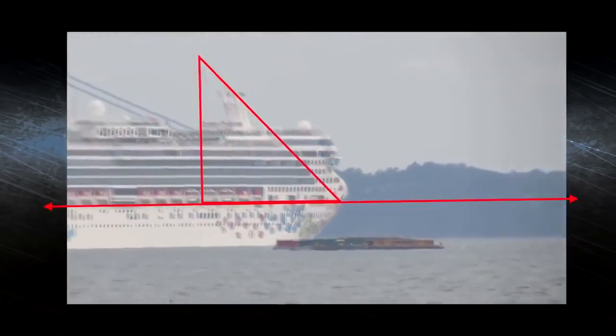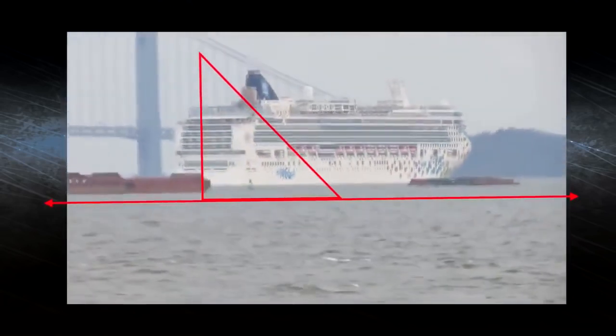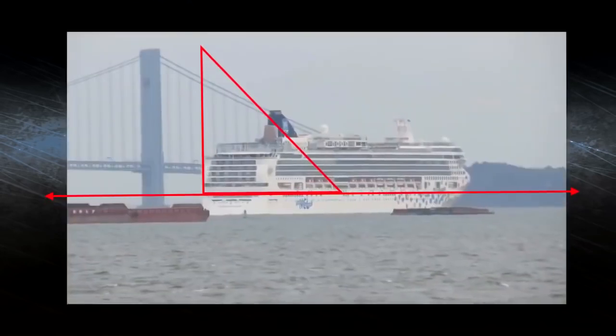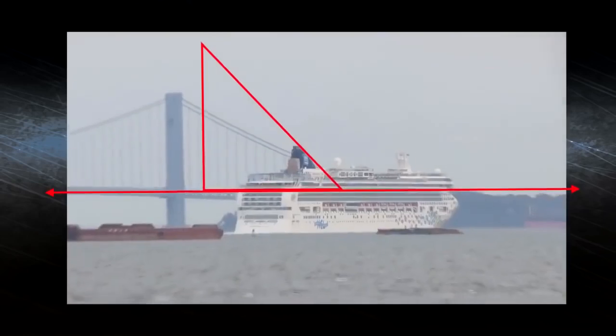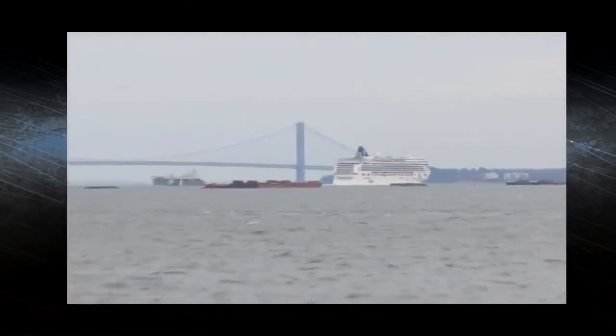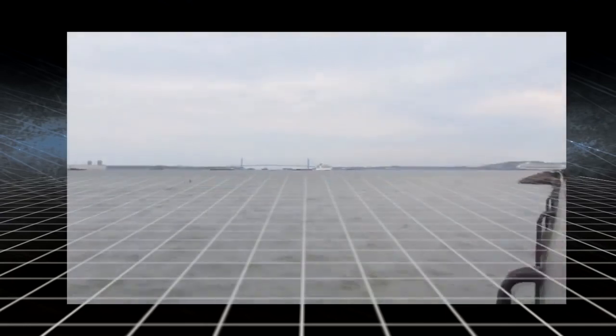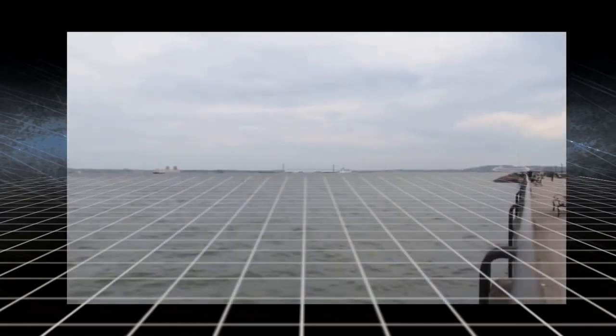Now look at the windows on this ship. We see, there's the waves. Look at the windows, look at the angle. Now look at the angle of the cables on that bridge behind. Now that's a fair distance between that bridge and that ship. Yet the perspective is the same. Look at this. No change in perspective whatsoever, because the water is flat.